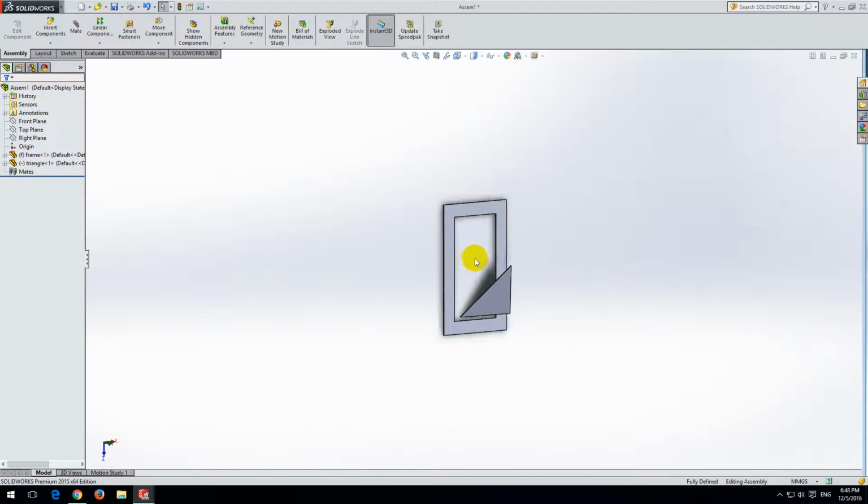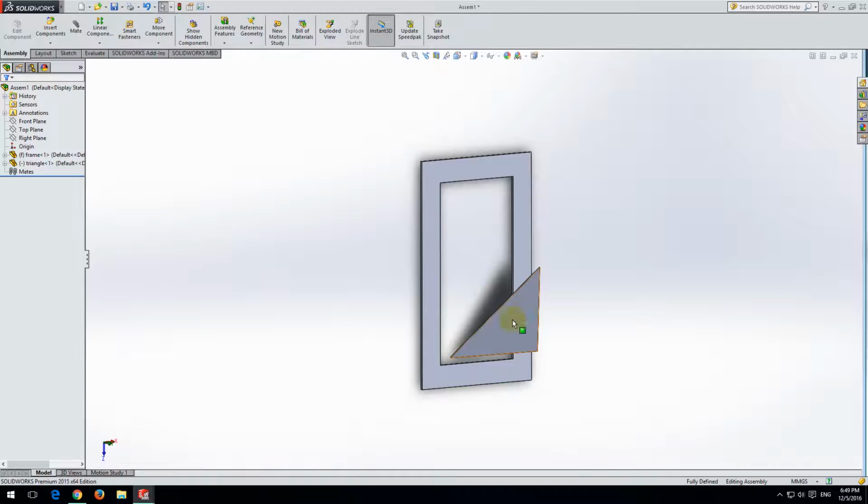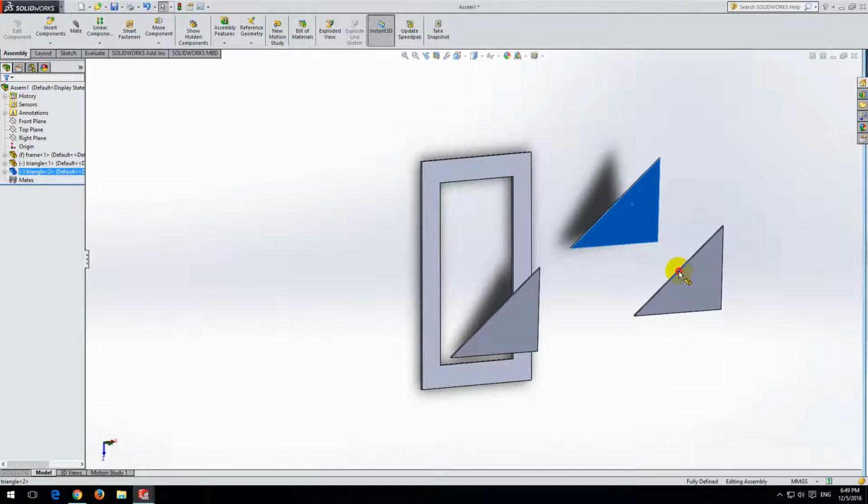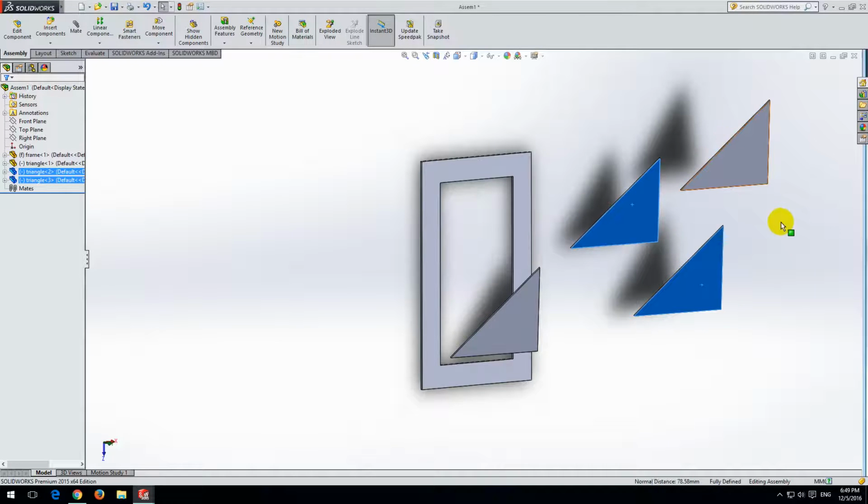We want 4 of these triangles, so hold down the Control key on the keyboard, hold down Control and simply drag this one with the left click of the mouse. And voila, we just copied it again. The same thing, hold down the Control key and drag it once again. Hold down the Control key and drag it whichever you want again. Okay, so we have 4 triangles,